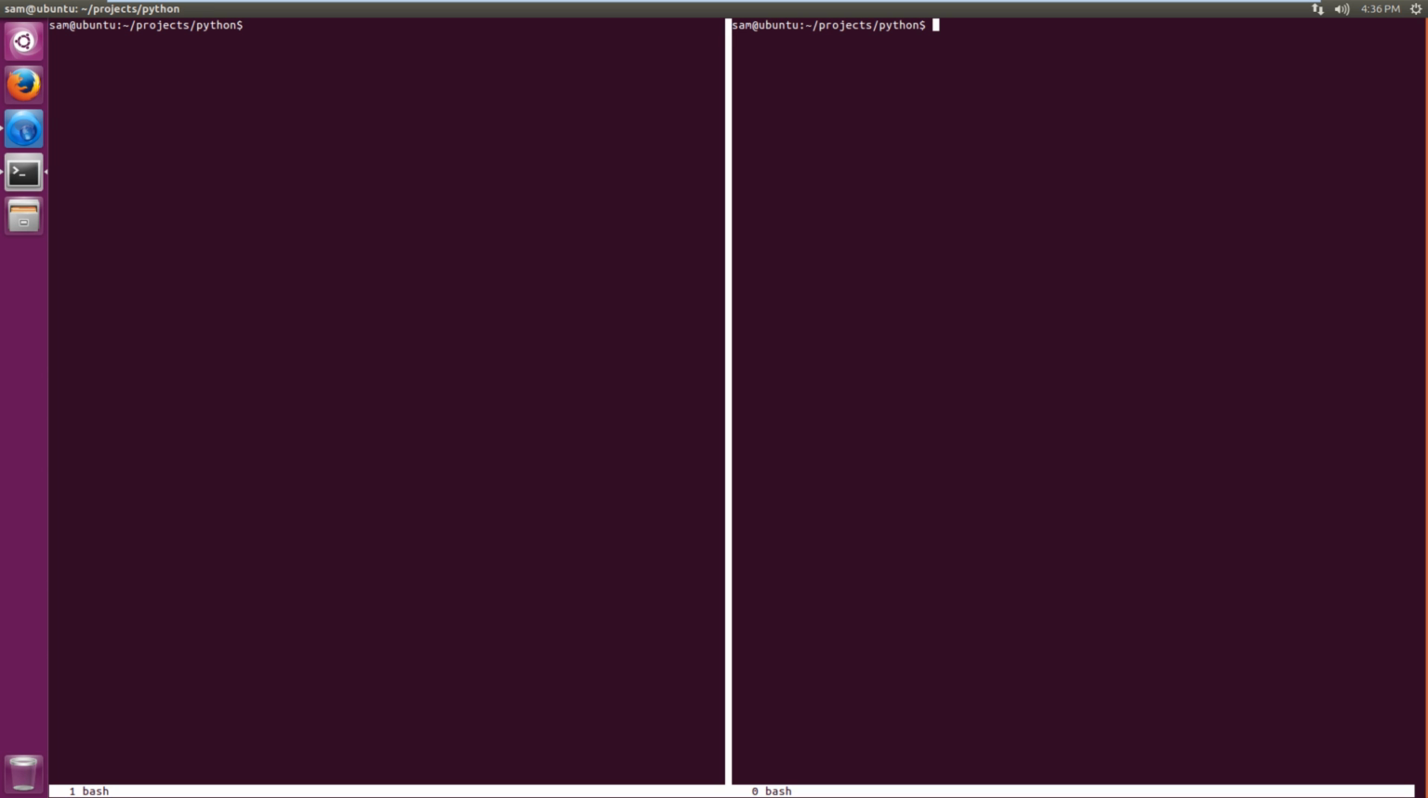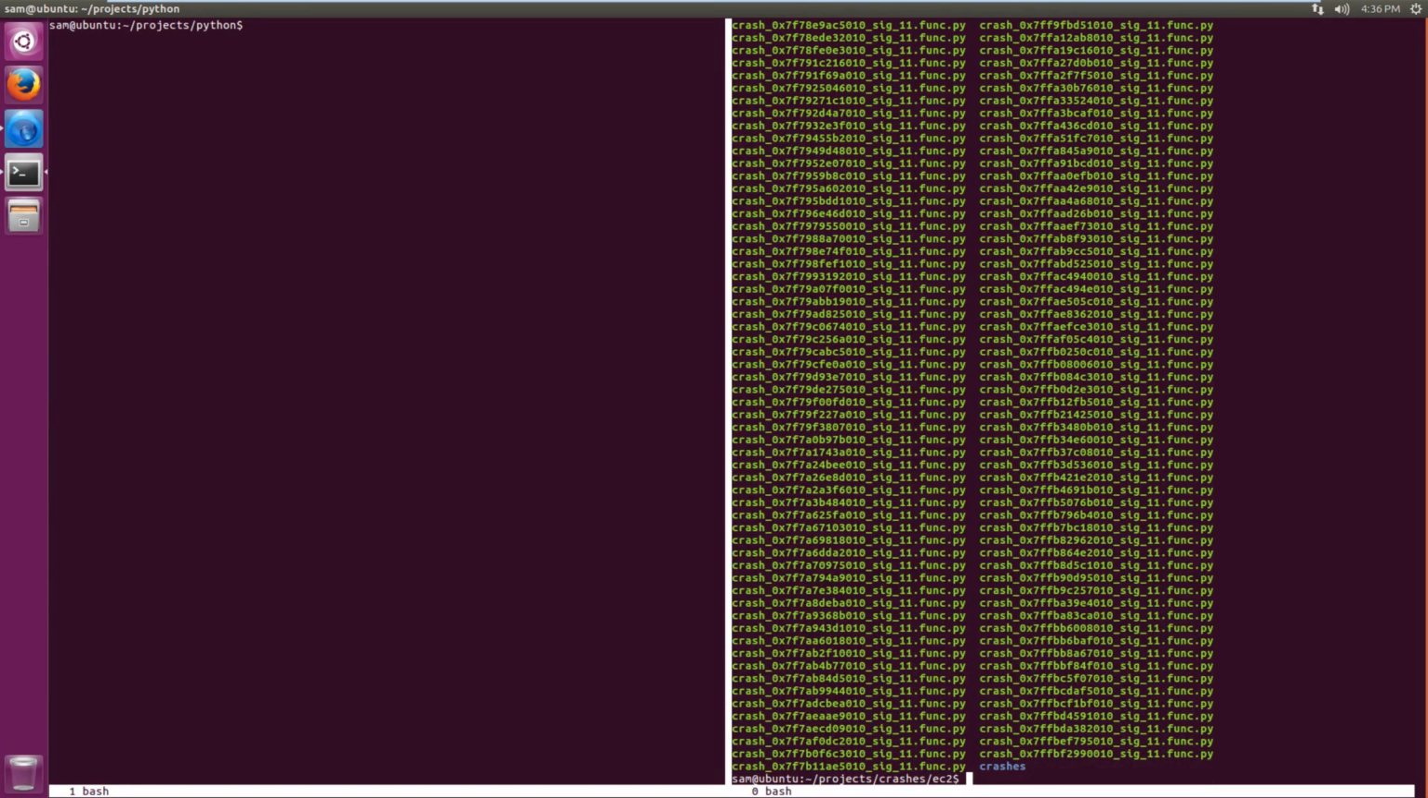Oh, nope, that is the wrong window. Go back over here. Okay. Crashes slash EC2. So, how many crashes do we have? We have this many crashes. In fact, we have 7,593 unique crashes. Well,